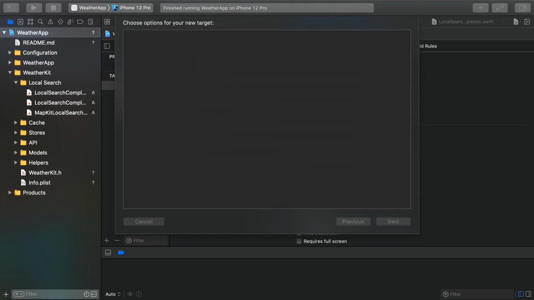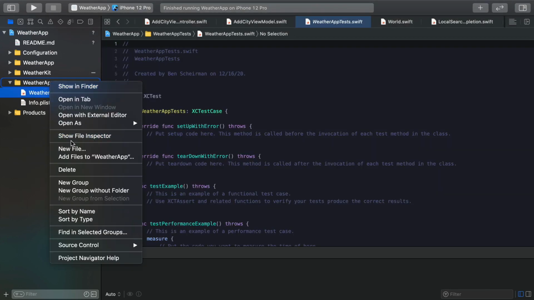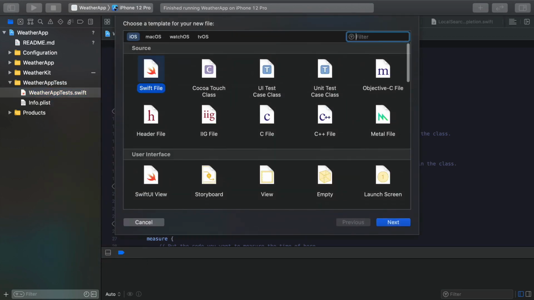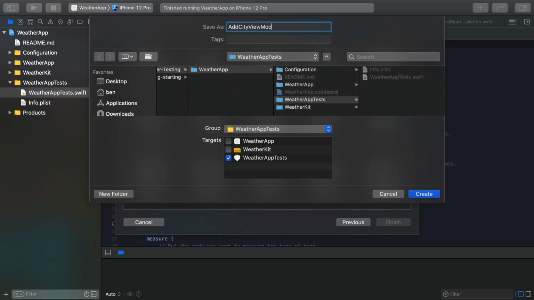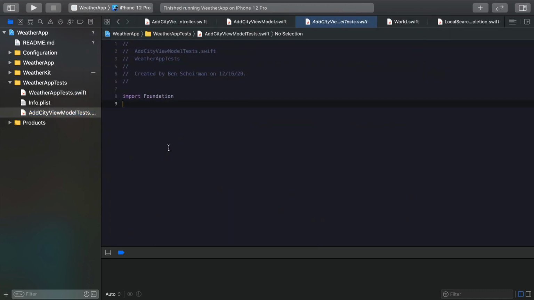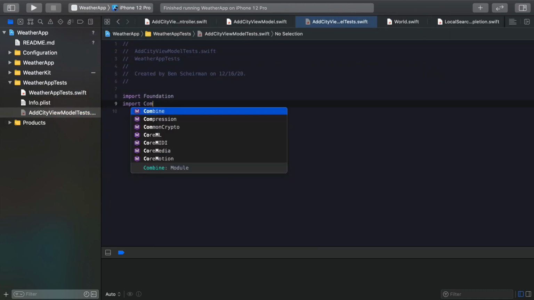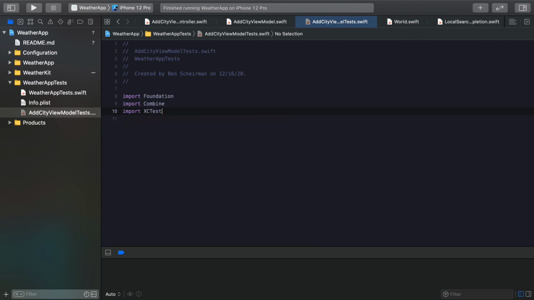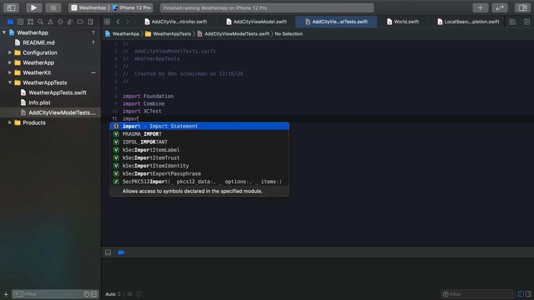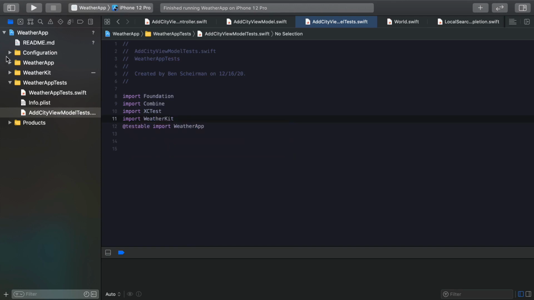We'll call it Weather App Tests. And inside of here, we'll create a new file, and we'll call this the Add City View Model Tests. We'll import Combine and import XCTest, and we'll also need to use @testable import WeatherApp. Now we probably also need to import WeatherKit so that we have access to that interface that we're going to be using. And so let's create a class for the Add City View Model Tests,